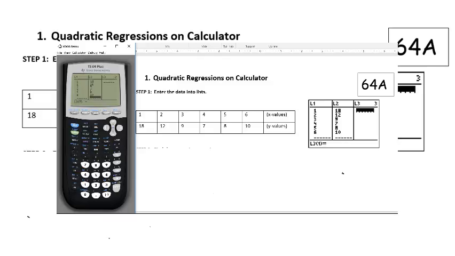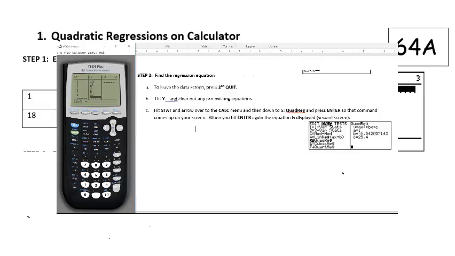As the next step, after entering the data on our calculators, we are going to find the regression equation. To do the regression equation, we are going to leave the data screen. We will do second quit. On the clean screen, we will hit Stat, and instead of Edit, because we have already edited the lists, we are going to move forward to the Calculate section. On the Calculate section, we are going to select number 5, Quadratic Regression, and we will hit